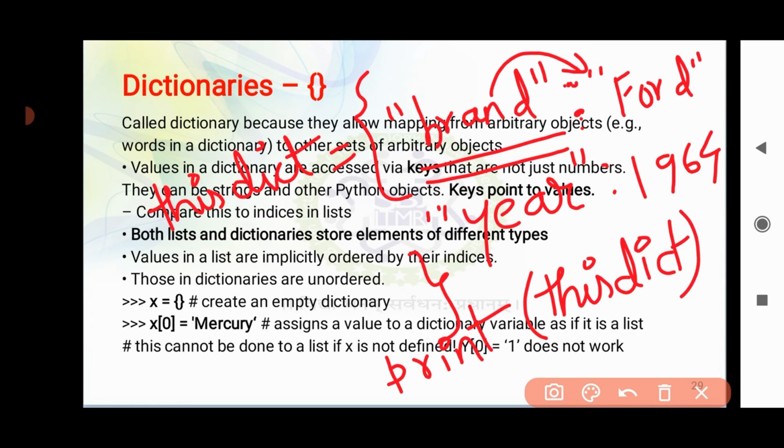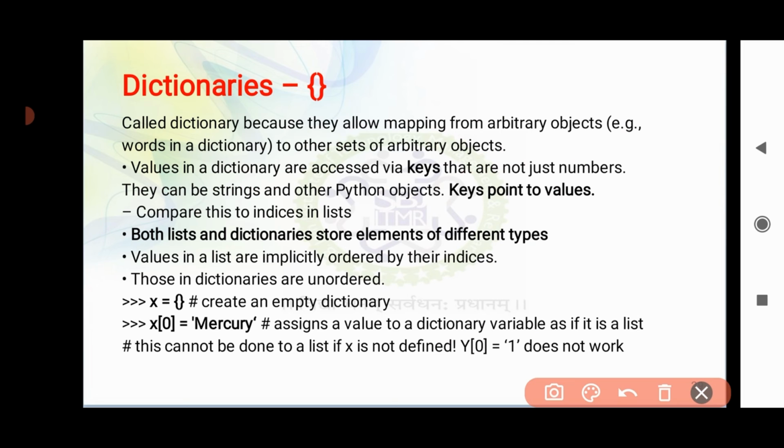Then what will be my result? My result will be brand Ford and year value is 1964. Anyway, do not worry; once we do the hands-on session, we'll definitely practice creating lists, tuples, dictionaries, etc. So this is how the dictionary data type works in Python.